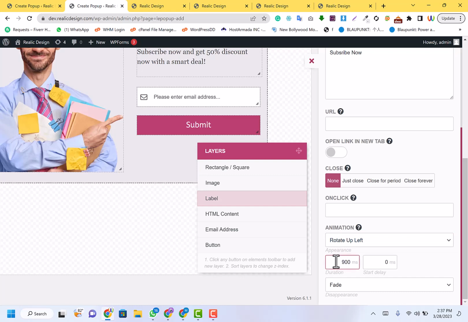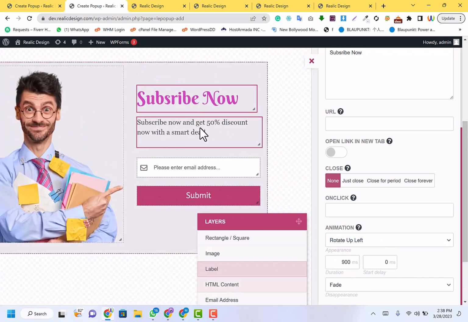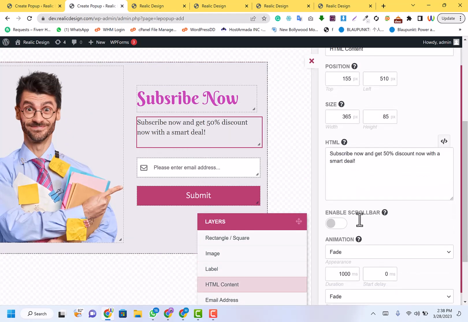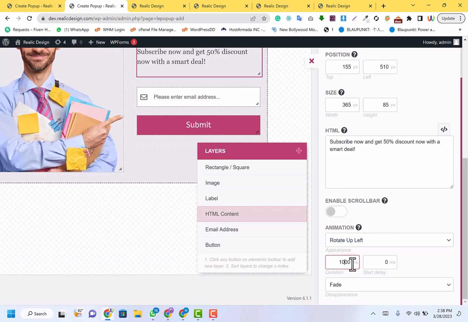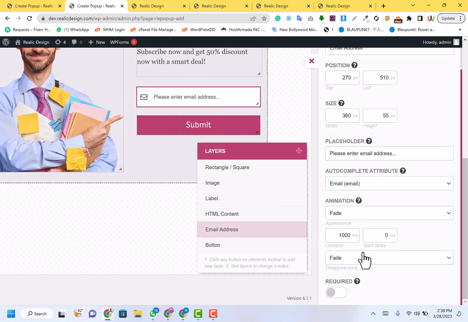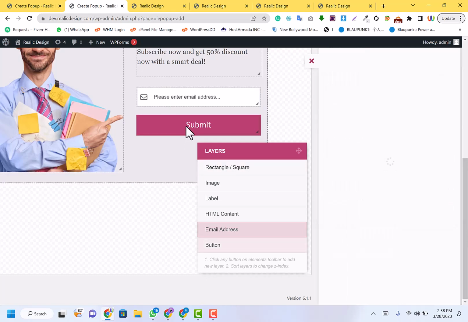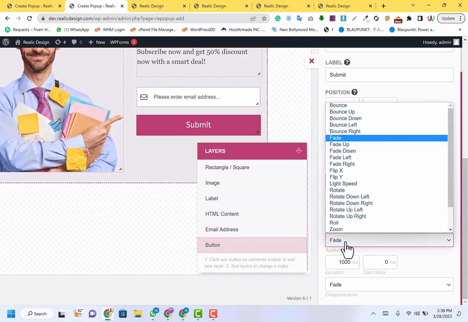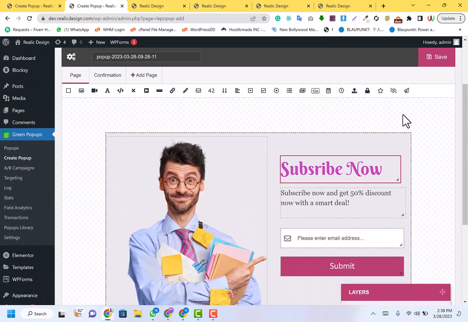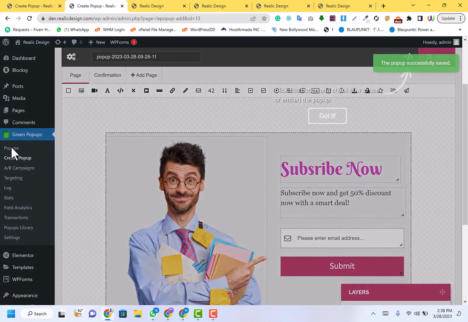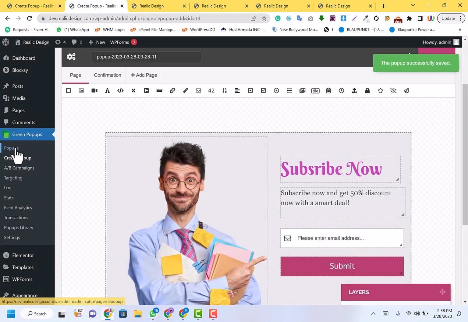And in the rotate left I would like to select 900, and in that, this is the subscribe now, and in that I would like to select rotate up left, and here it will be 950 milliseconds, and in 950 milliseconds it should appear, and at the same time I would like to select this one and fade up, as well as the animation for this. Now I have set up the animations for all the fields, and just click on save, and if I go to the pop-ups again and appear, let's see the